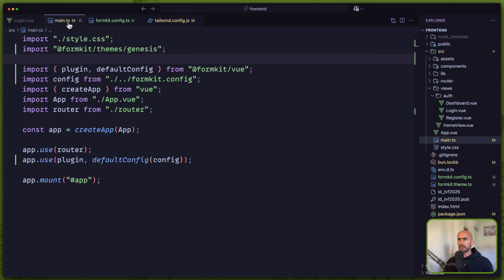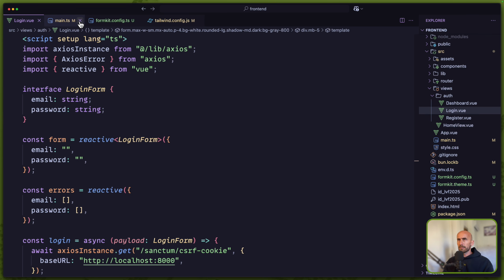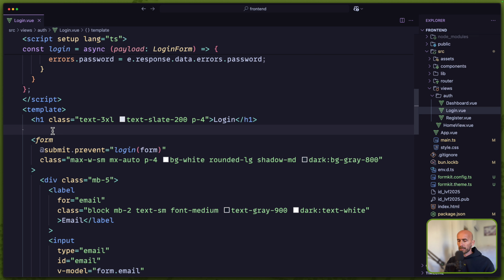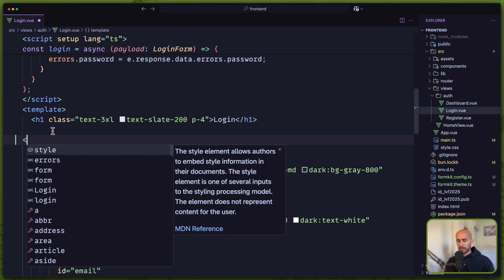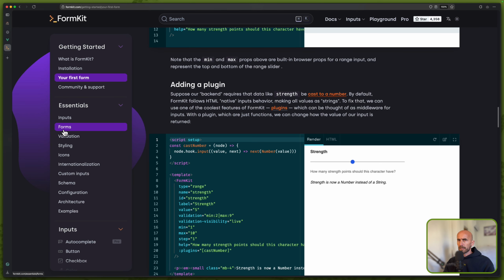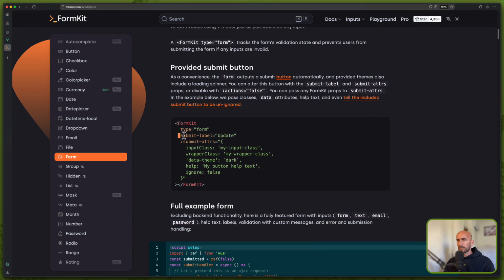I'm going to open the login.vue, and maybe let's remove everything. Let's start with the form. So here I'm going to say FormKit, and we need to specify the type. This one is going to be for the form, and we need also to add the, so let's go forms here, the submit label,